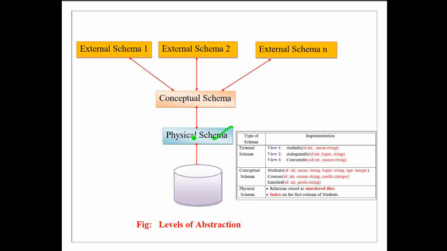Where conceptual schema describes the data stored in the database and the relationship among them. For example, in relational database management systems, conceptual schema describes the entities, attributes and the relationship between them together with integrity constraints for all the relations that are stored in the database. Here in this level, the physical storage details are hidden. And in this level, usually programmers as well as database administrators work together.